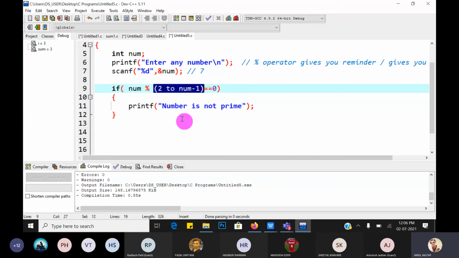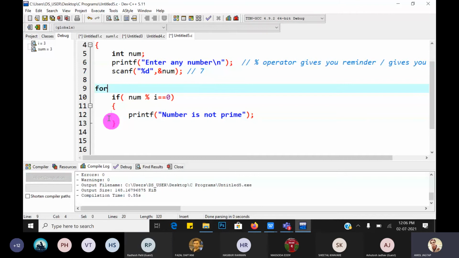Instead of that, we have to take one variable, suppose i is the range. So for that you have to use a loop. Initial value of i is equal to 2, condition: i less than or equal to num minus 1.